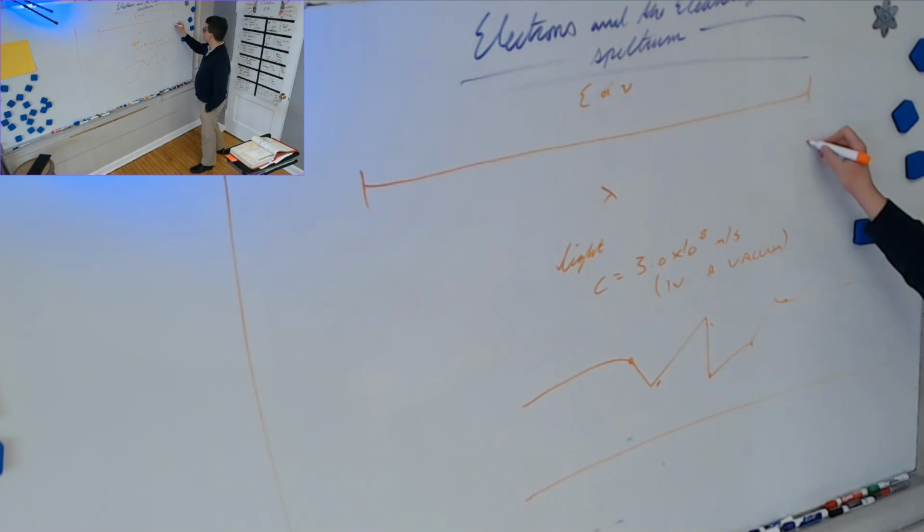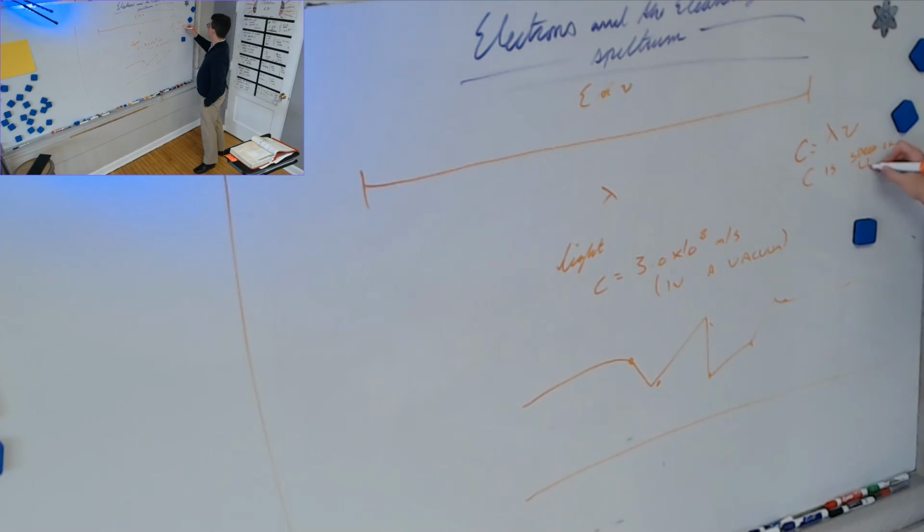So we have this equation, C equals lambda nu, where C is the speed of light in a vacuum. Is this hard for you to read in real life or just on the screen? Okay, I'm sorry. I'll switch colors after this one. Speed of light in a vacuum, which is